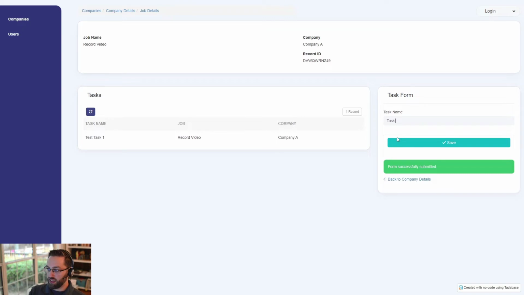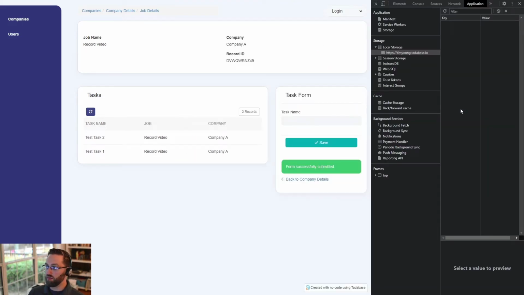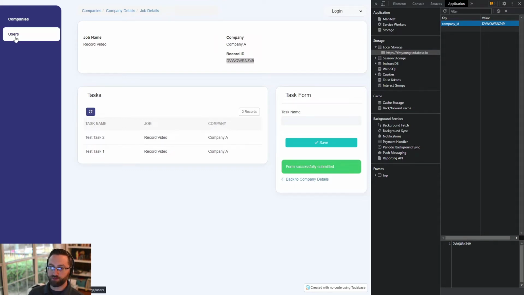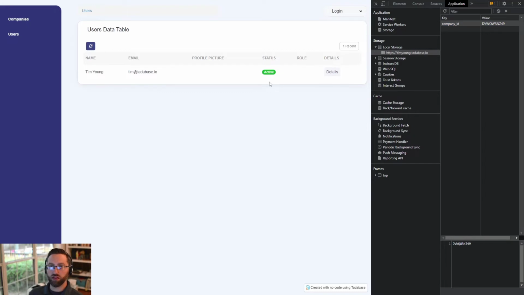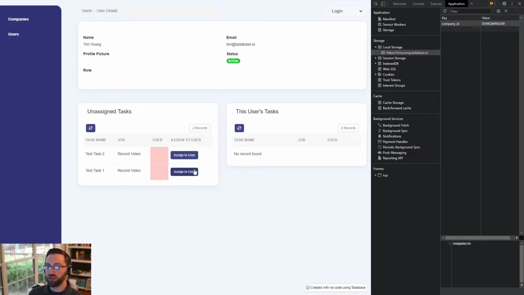And then if we do test task two, we have that company connection. Where that's coming from is actually from a value that we saved inside of local storage. So we've saved this record ID into local storage, and then we are using that inside of the task form. Okay, now that we have a bunch of tasks created, what if you want to assign